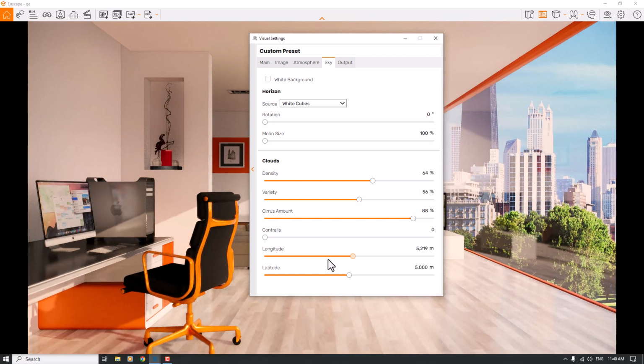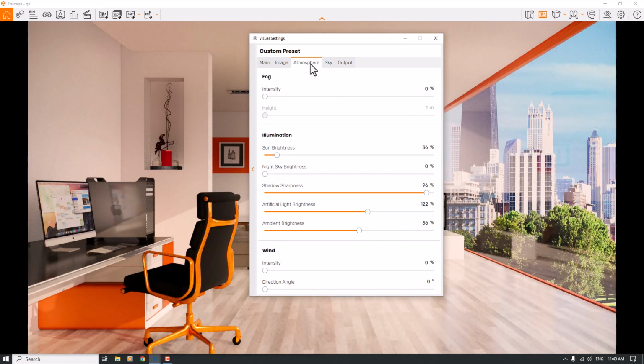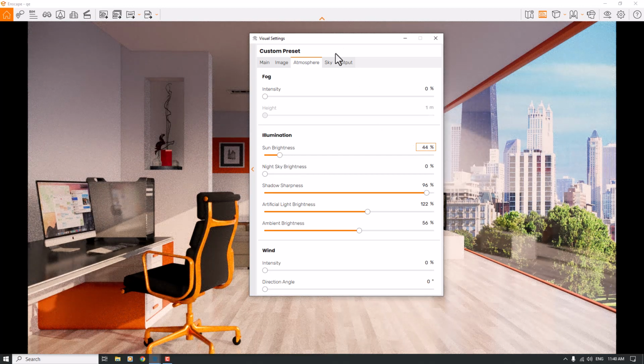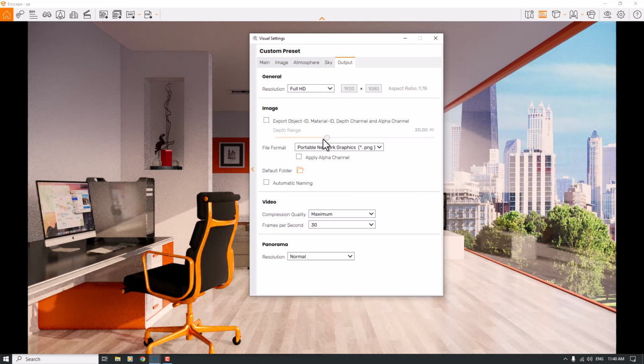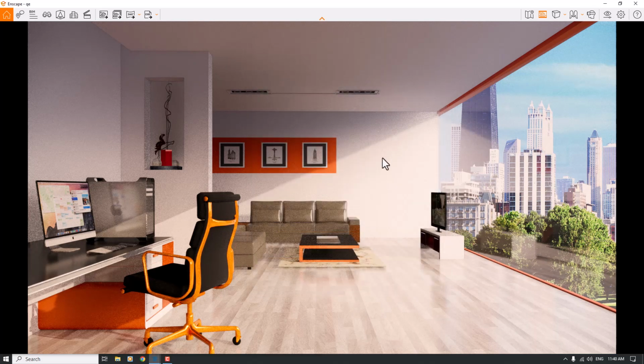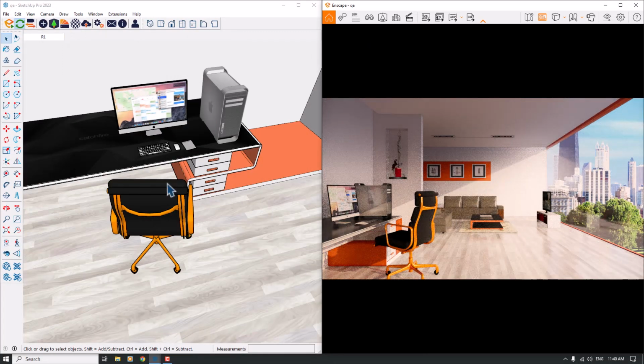For example, maybe something like this, 7,000, 3,700 meters, something like that. And in the atmosphere, I can increase the sun brightness to 44%. So in the skybox, everything is done for us. Now in the output, I want to change the file format to JPG, and I need Ultra HD resolution. So I have some work with these materials, so I will minimize Enscape in here and start my job